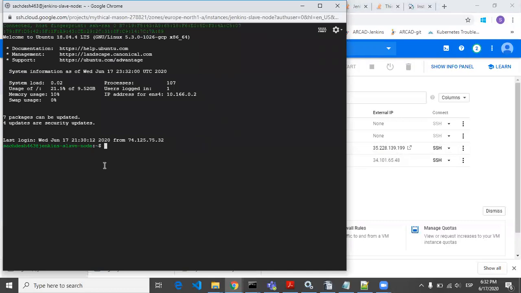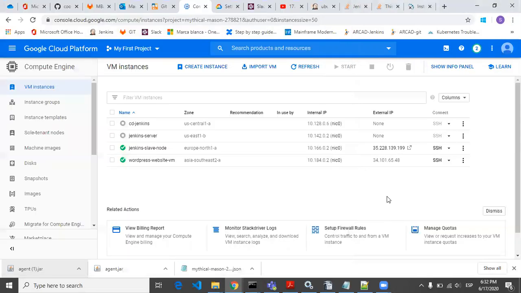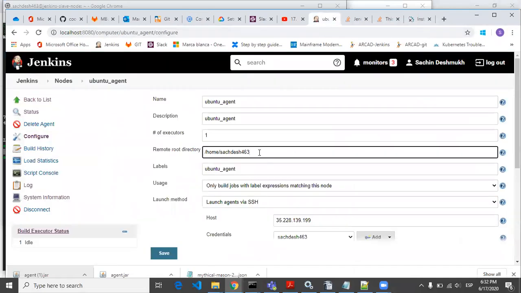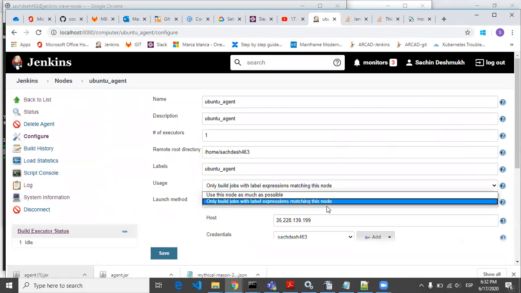When I run present working directory, I can see this is my root directory. I want my root directory to be on this. So remote directory I have taken like this. Label I have put the same. Again, this option I have taken the same, only build jobs with the label expression matching this node.